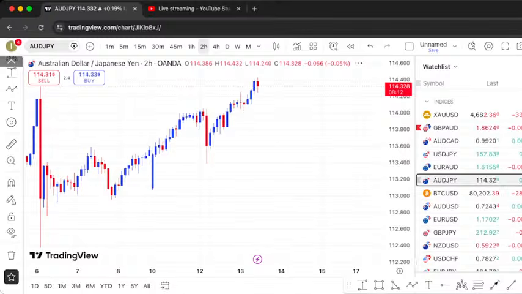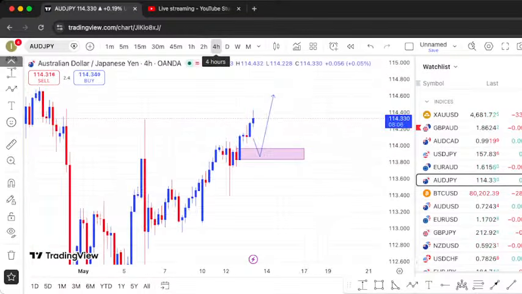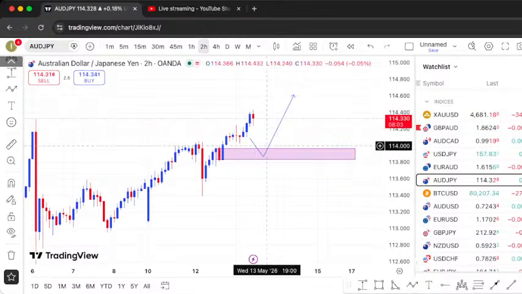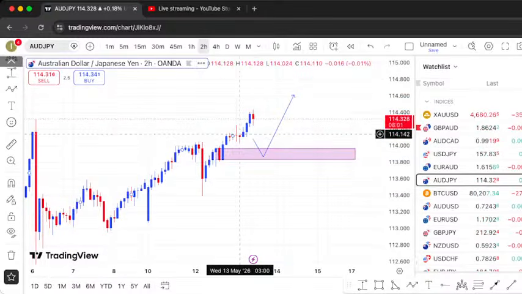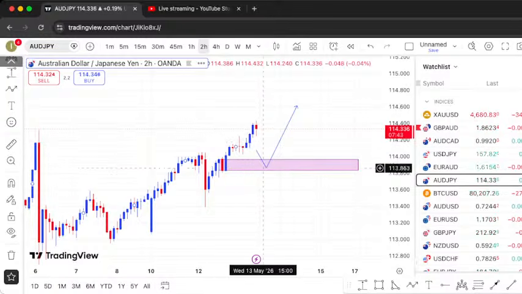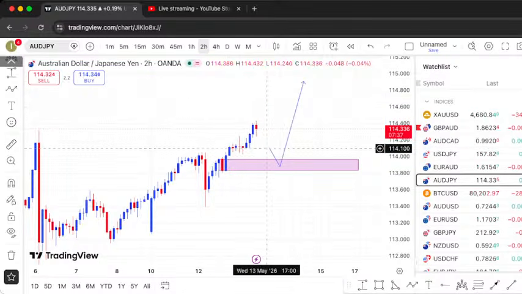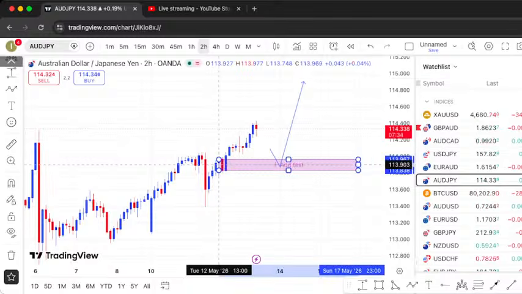Next, here we are now. We are on AUD JPY, waiting for a retracement back to this OB on a 2-hour time frame so that we can have those buy opportunities there. Okay, so are you guys ready to trade AUD JPY once we pull back to that zone on our order block? That's one of the A setups that we have currency-wise. So if this market is going to retest back to this zone, I think it will be a very A setup for us. So nothing but just wait for that market to pull back to that OB for more buy opportunities on it.